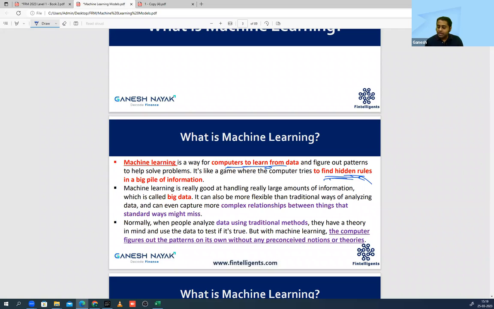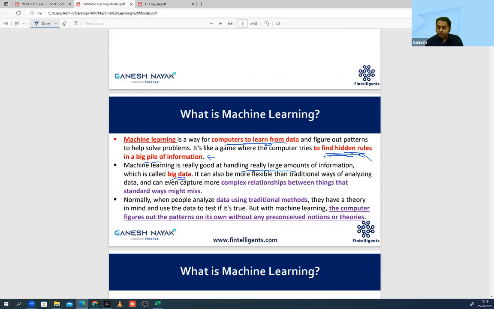To identify hidden rules from a pile of information becomes very important for us, because when we are looking at big data, which is handling a really huge amount of data, the machine will help us to identify those patterns, some hidden things which we cannot process because we have our own challenges in terms of processing things. Next is complex relationships: certain things which you might not be able to see immediately or directly from the data.